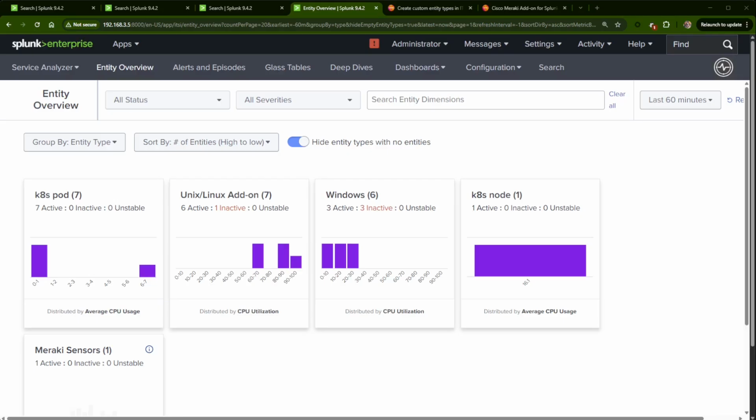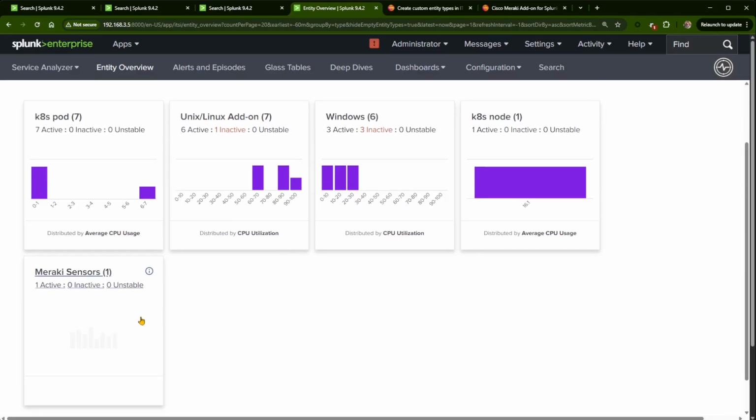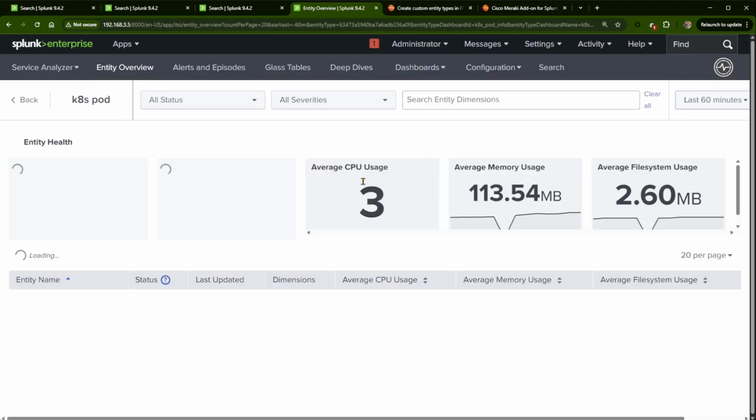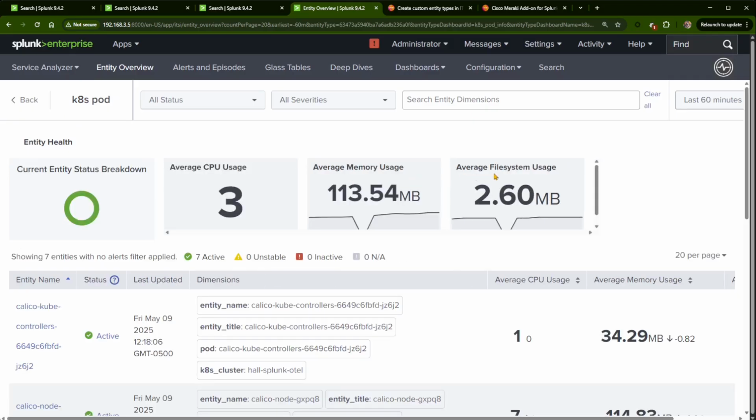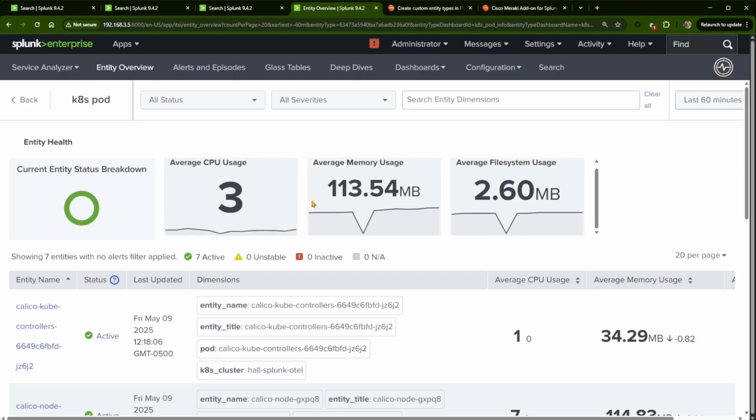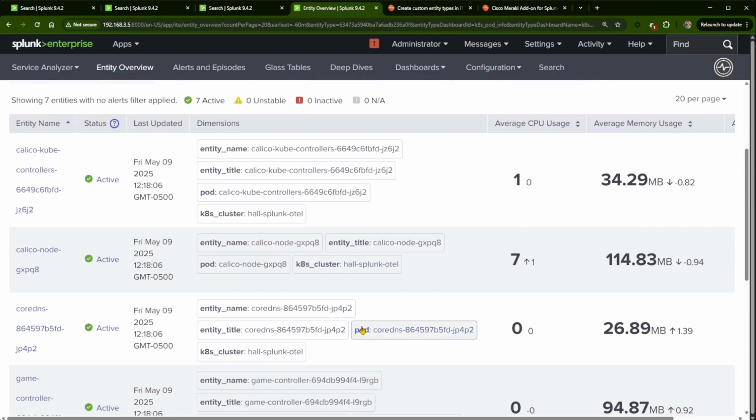see in IT Essentials Work, but I've upgraded this environment. This is my home lab. And I have 5 entity types that do have entities. One of them being part of that video I did where I created this entity type, created the discovery search, and it's been bringing in the entity. However, unlike my Unix and Linux add-on here or Windows or even the K8s stuff, I have vital metrics. So I can click on K8s pod and I can look at the average CPU, the average file system usage or memory usage, and then look at each one of the pods and see that information that goes along with